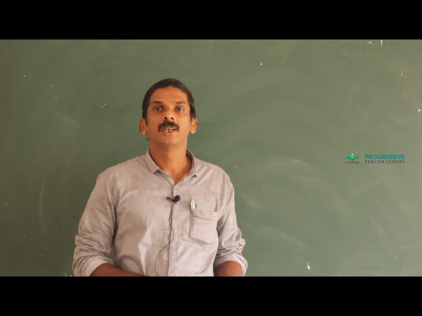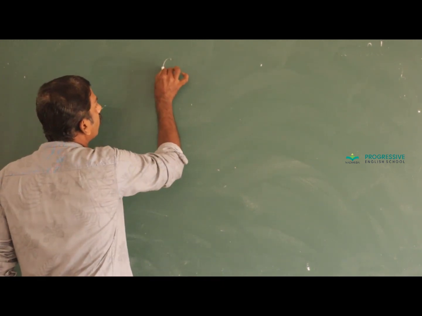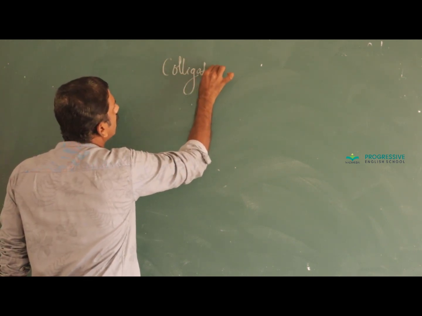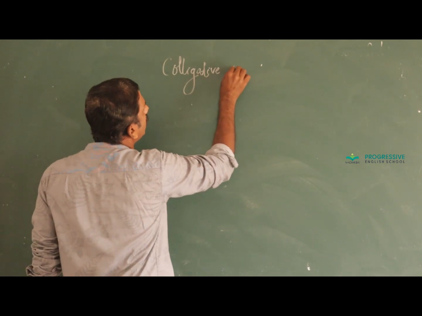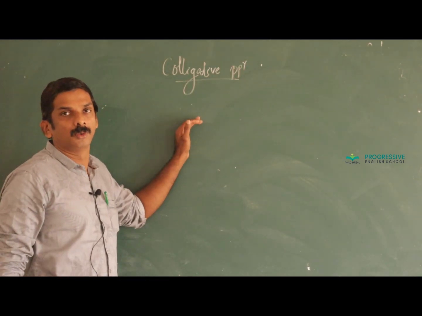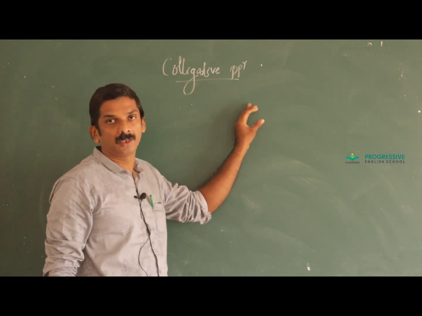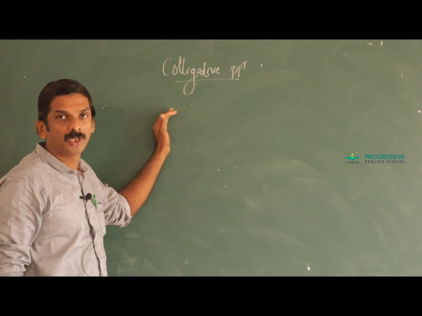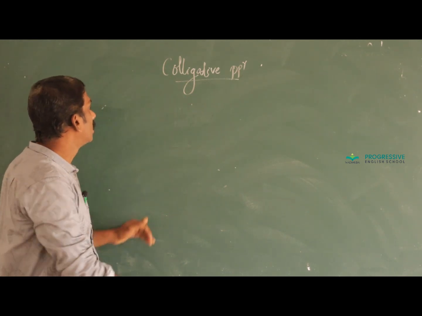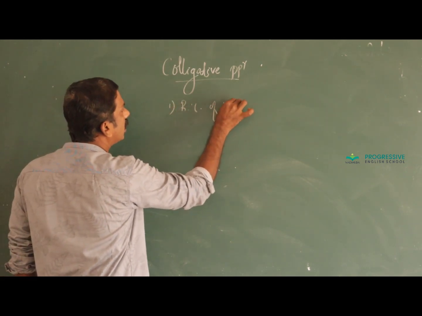Good morning. In the last session, we discussed colligative properties and already discussed the definition. It is applicable for dilute solutions and depends upon the number of particles. Such a property is called a colligative property. And there are four well-known colligative properties, such as relative lowering of vapor pressure.